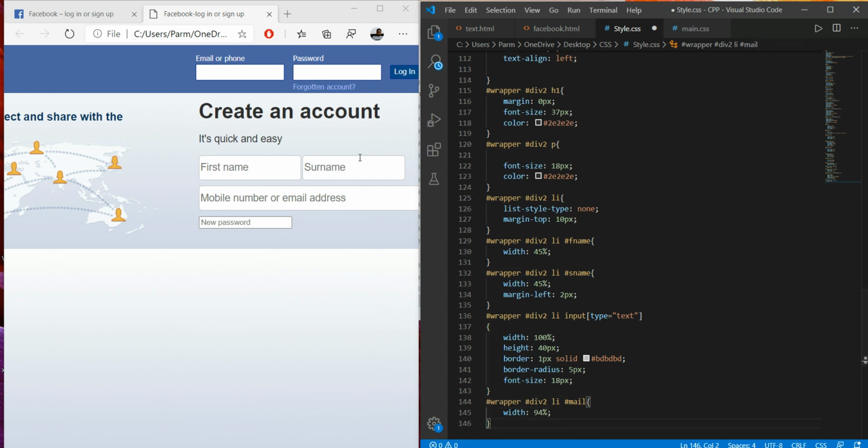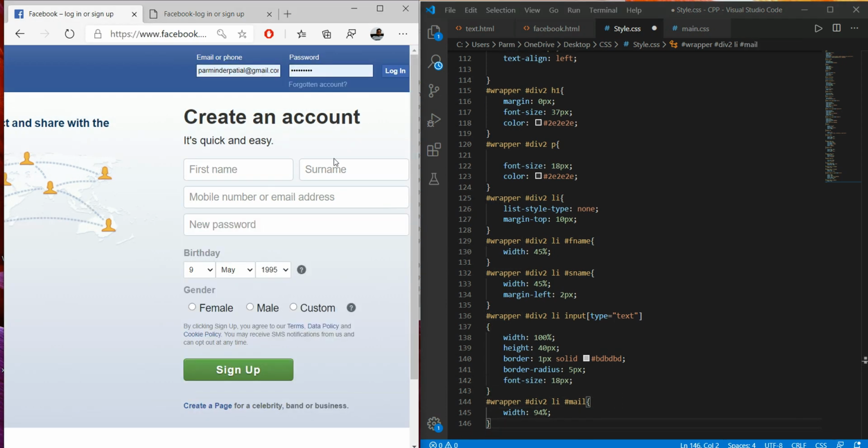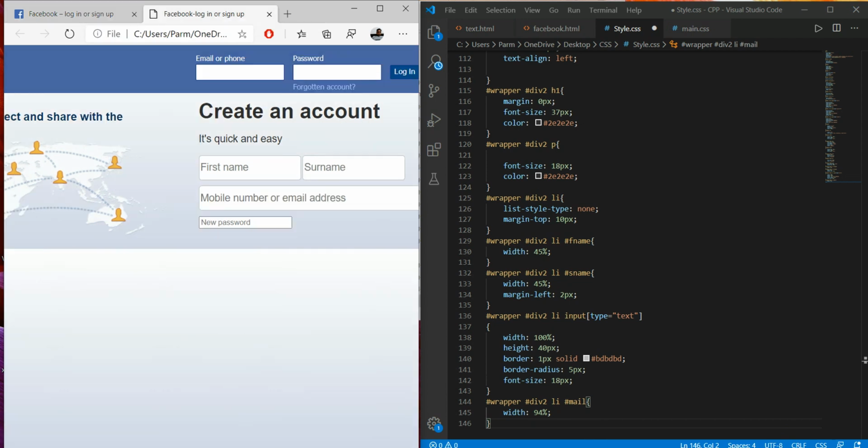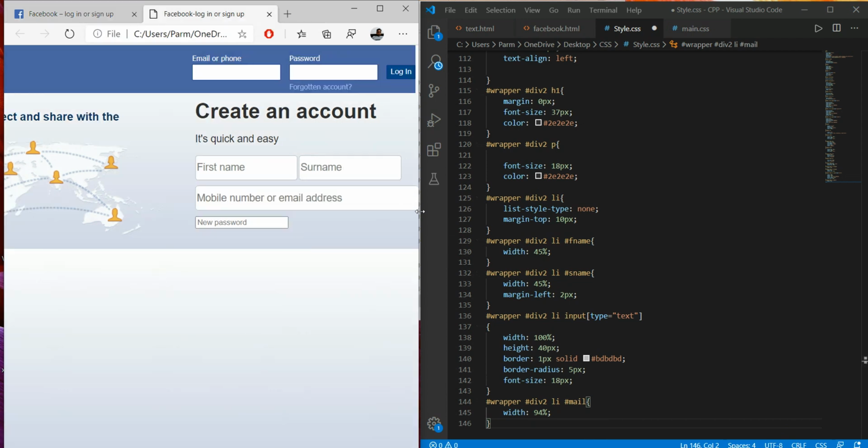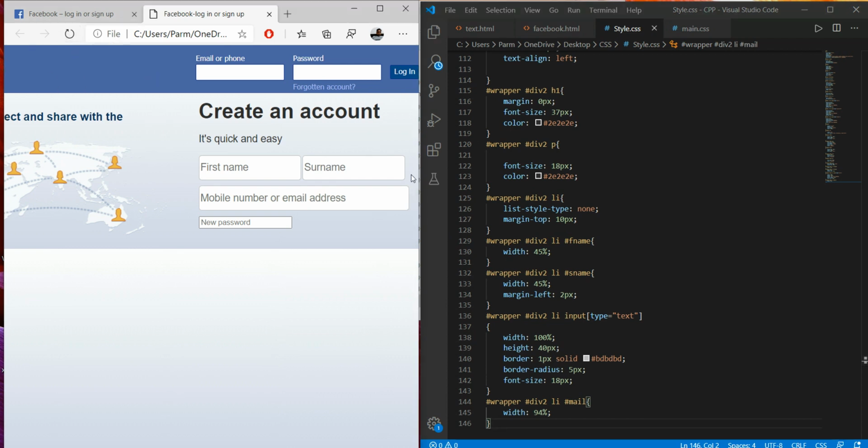As we see over there, this side is aligned, whereas this is occupying a larger space as compared to this, so I'm just reducing this size. Save this, and here we go, refresh it, so it's almost equal.